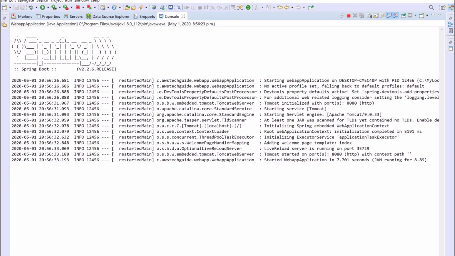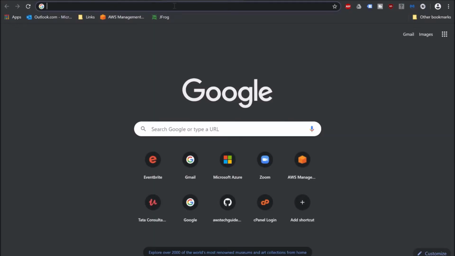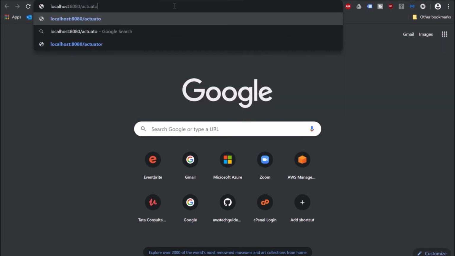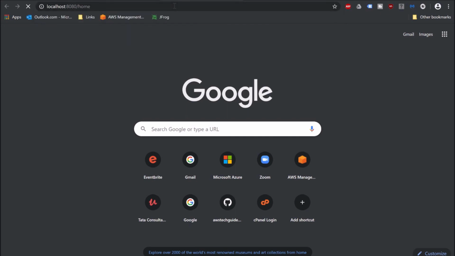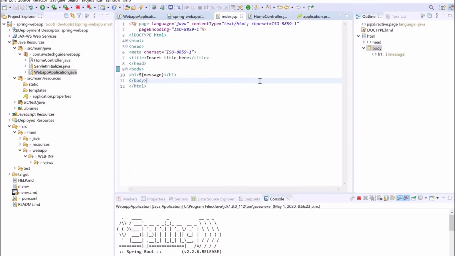So let's go to our browser and find localhost, and our URL is home. So localhost:8080/home. Click. Perfect. And it's working. So today we have learned how to create one Spring Boot web application project in Spring Initializr,